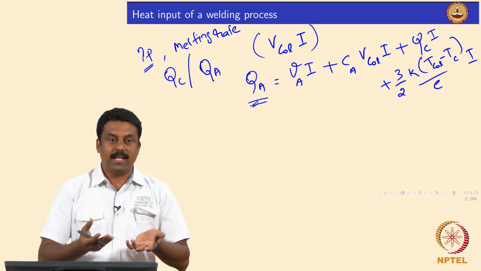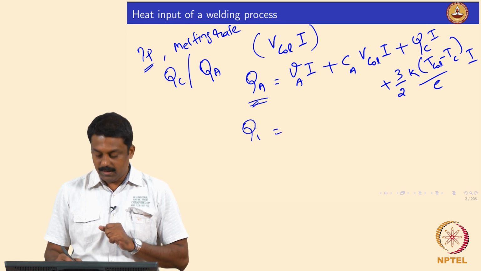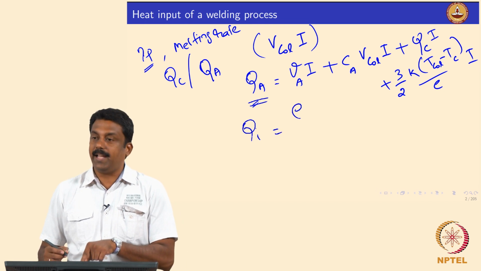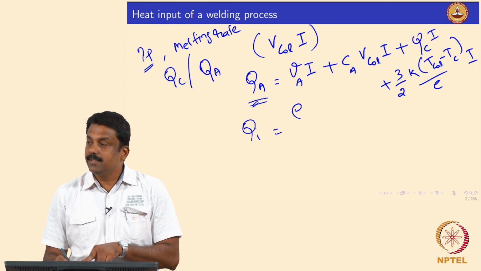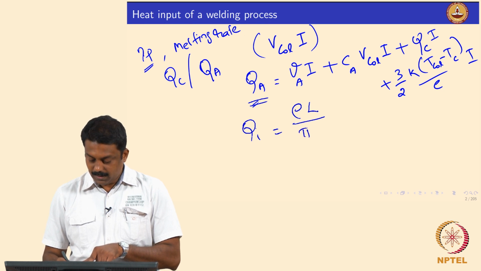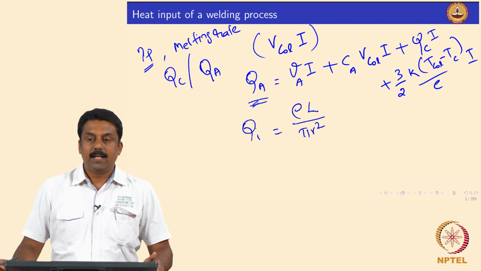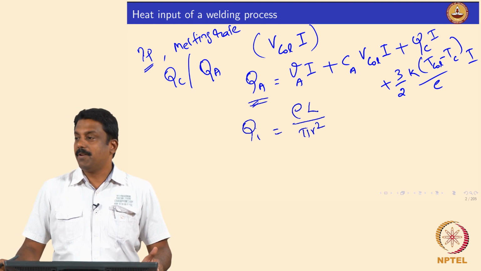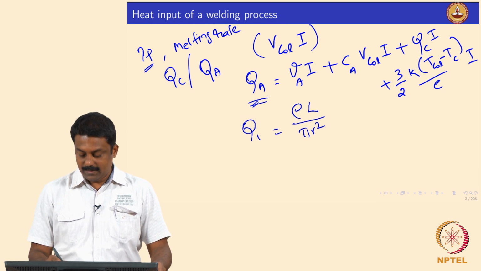consumable electrode is the anode. That is the Joule heating, which depends on the resistivity of the wire. The equation is rho L by pi r square, and this takes care of R. So what is the equation to calculate the heat from the resistance? I square R, isn't it?